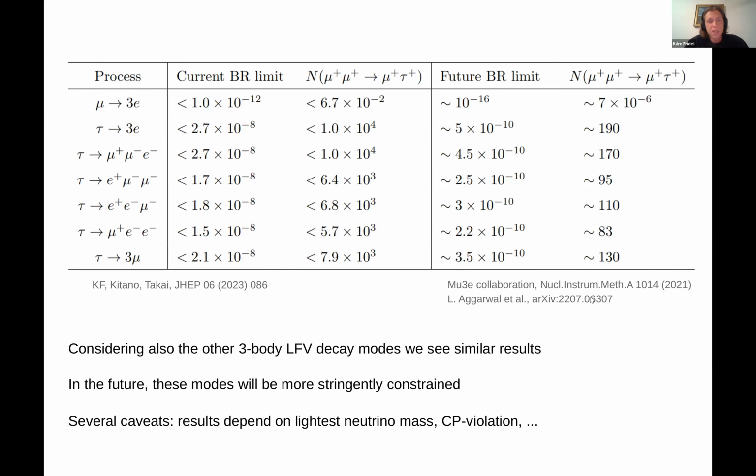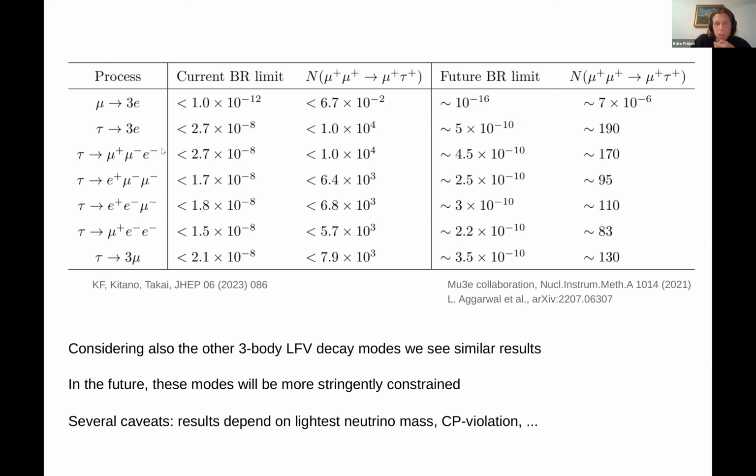So that was for the specific tau to 3 mu decay. There are also many other rare tau decays that they've actually constrained at Belle, for which, if there's a similar story, we would expect a few thousand events. There is also the most sensitive probe of lepton flavor violation.